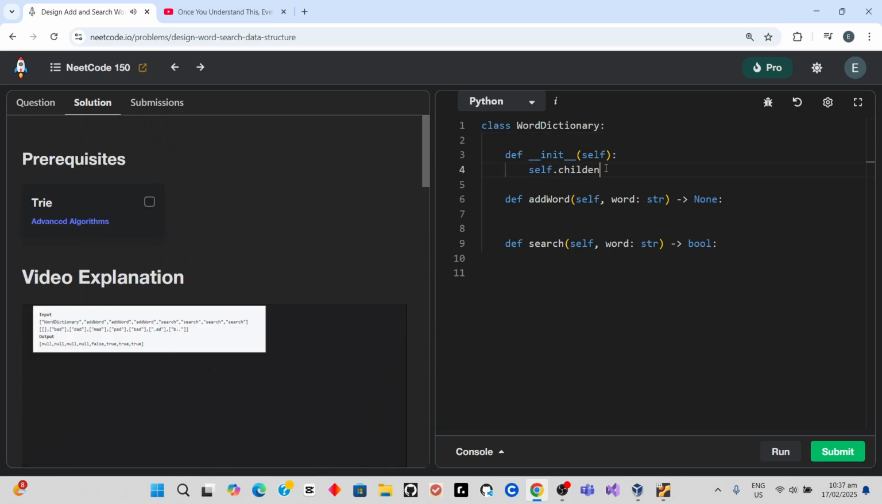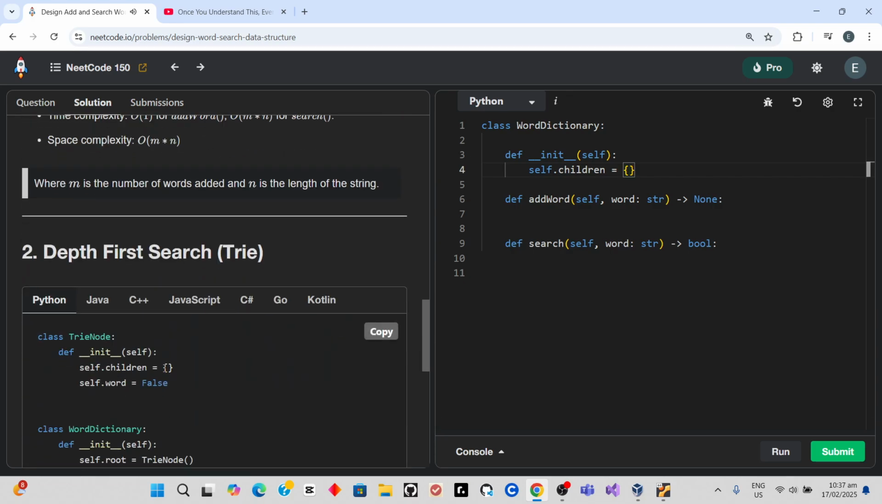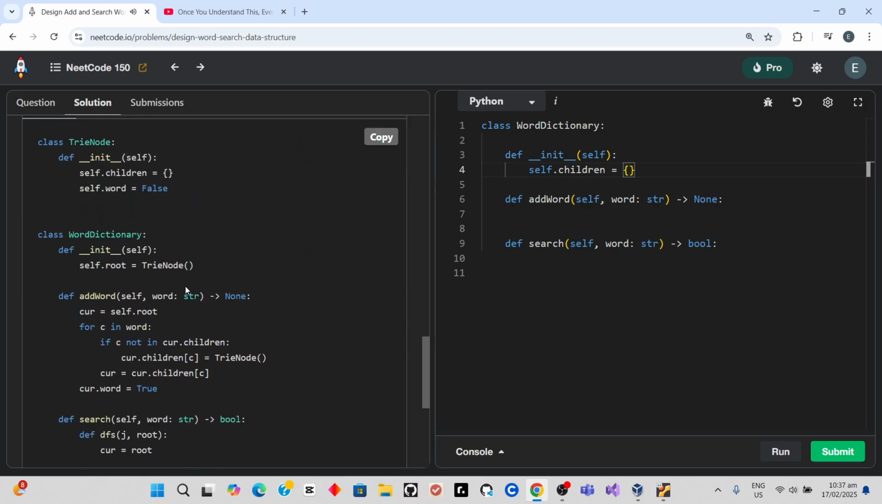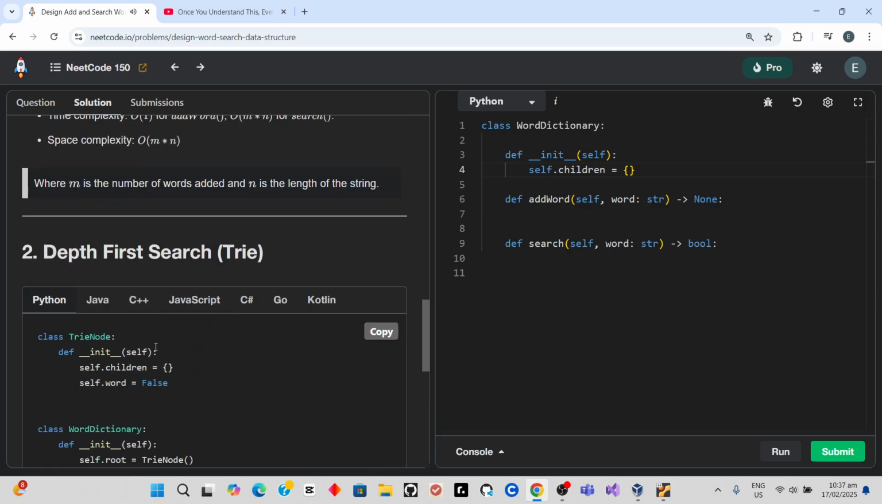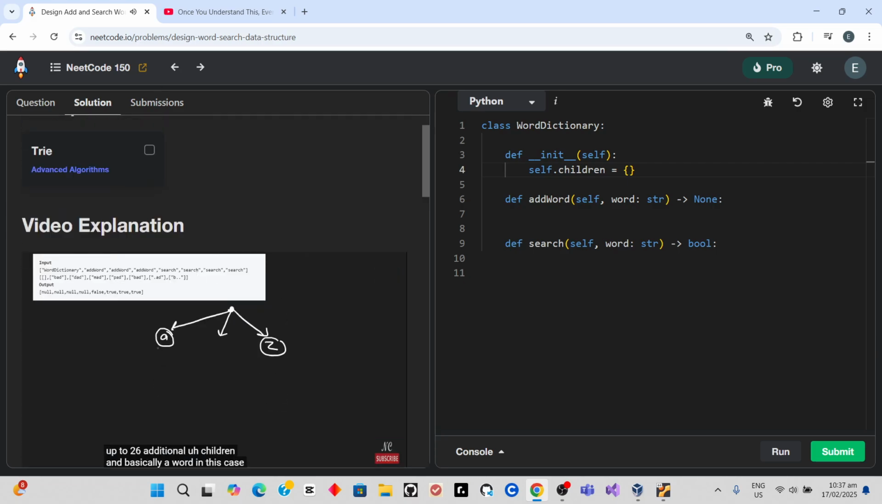So a trie is basically a tree that has some kind of root node, and each node can have up to 26 children in this example because we have lowercase characters from a to z. So basically, each node is going to represent a single character, right? And then each node could have up to 26 additional children. And basically, a word in this case, for example,